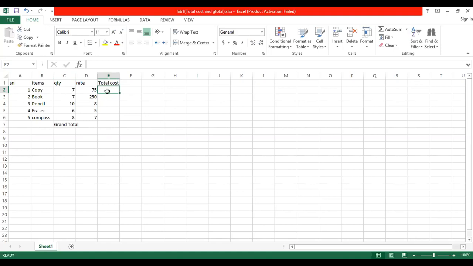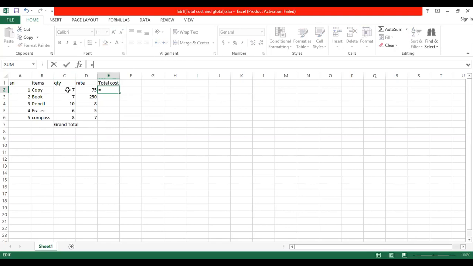Now you can write the formula either in the formula bar as you wish. First of all, click on the column of total, then click on the formula bar and start with the equal to sign. Then you have to multiply 7 into 75, so you give the column name and row number.